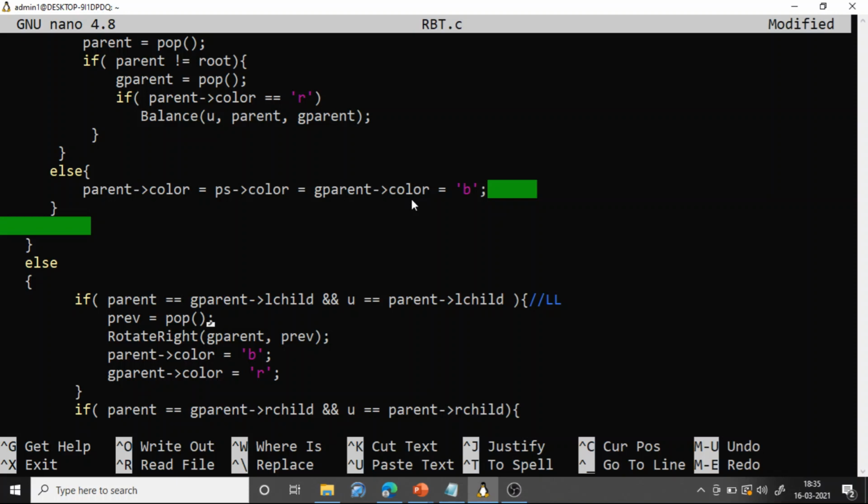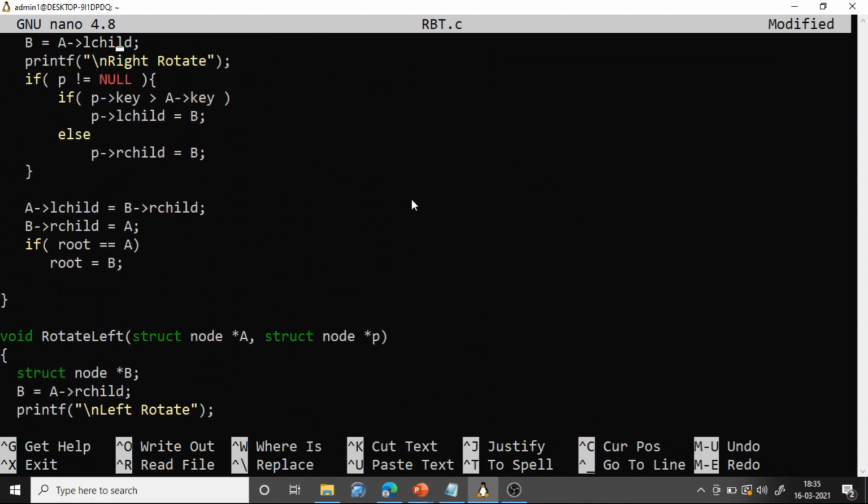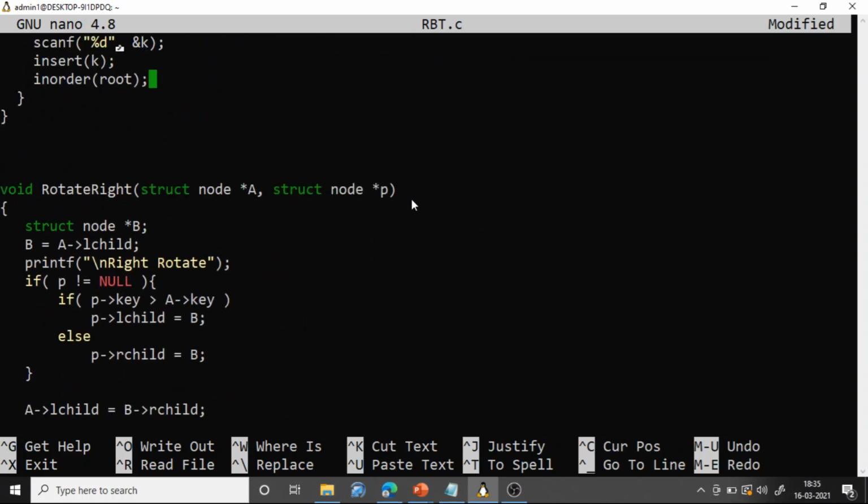For performing rotation, we also need the parent of the grandparent node, because when you perform rotation, the child node will come to the top and the pointers will change. The rotation logic is the same logic we used for the AVL tree. If you remember, for left rotate and right rotate, we used two things: one is the node you want to rotate and the other is its parent.